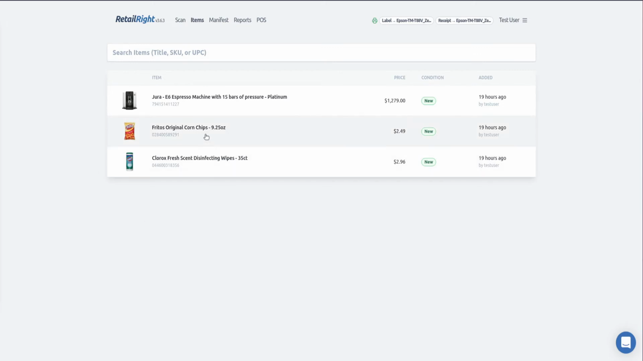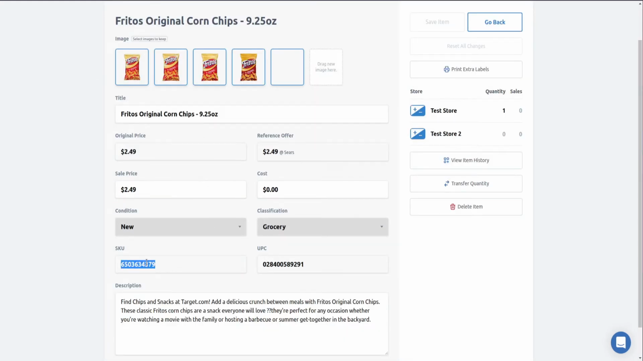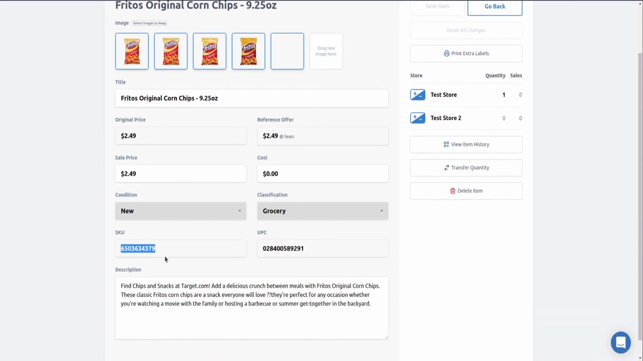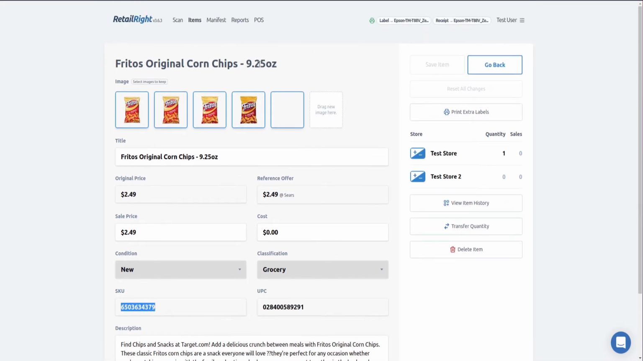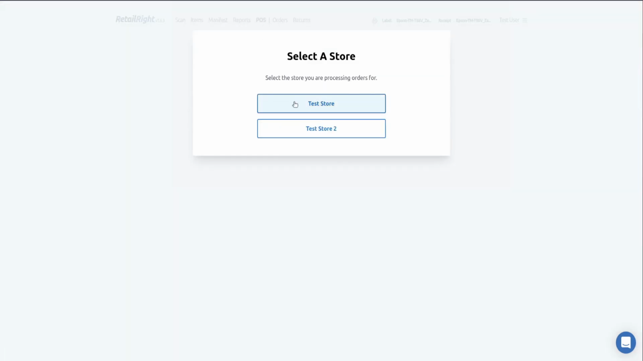Okay, and now finally time to show the POS system. So I'm just going to go ahead and click one of these since I don't have the labels on hand, but there would be a label printed out, and you just scan it and it'll automatically put the SKU in there, or you can actually scan the original UPC of the product and it will also pop up. I'm gonna go test store,